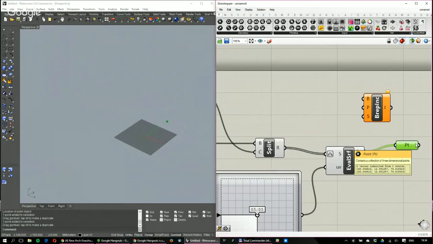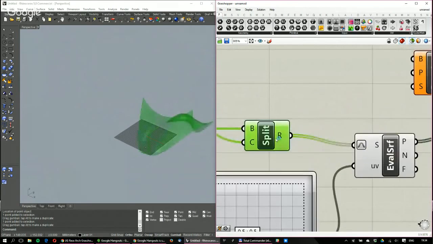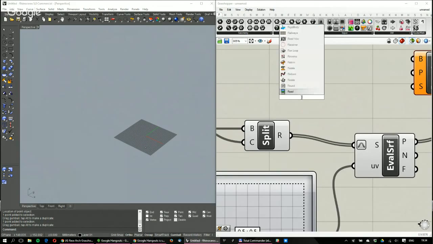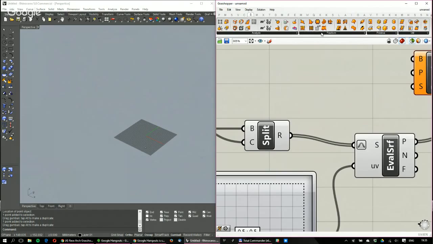That must be because these two split surfaces are trimmed surfaces, so they still have the UV coordinates of the original one. So just to make sure that everything is actually working well, I need to rebuild the surface,